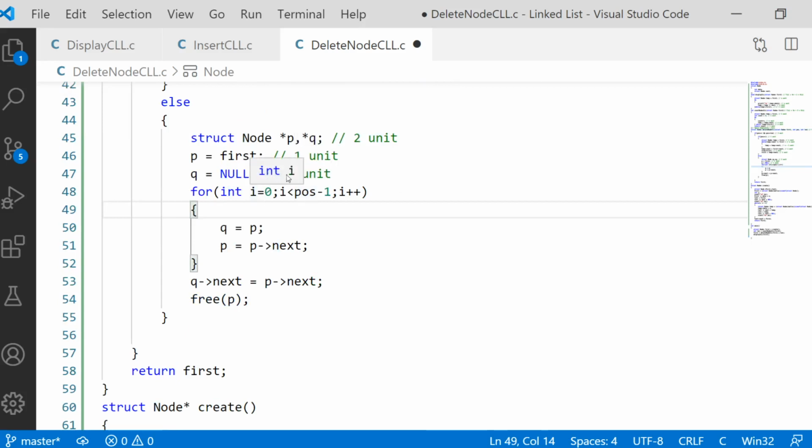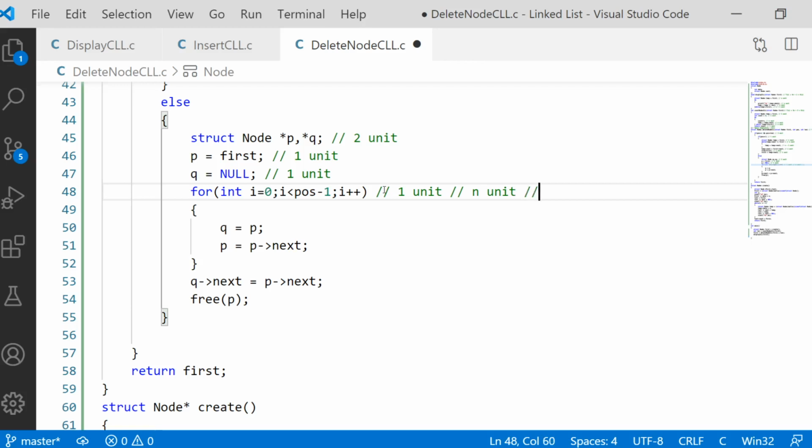So i equal to 0, i less than n minus 1. How many times will the loop be running? This loop will successfully run for n minus 1 times. One unsuccessful check will be added, so n minus 1 plus 1 is n. The initialization part is always executed 1 time, so 1 unit. The condition part is going to be executed n times, so n units. N minus 1 successful checks and 1 unsuccessful, so totally n.